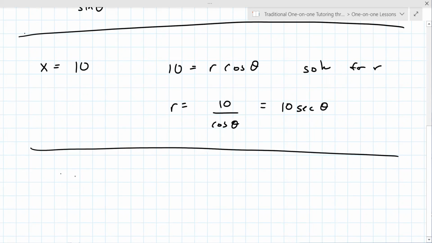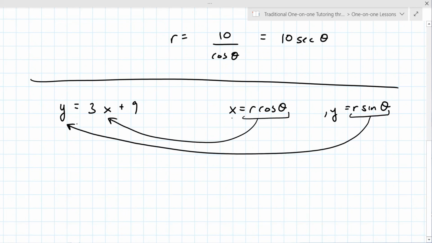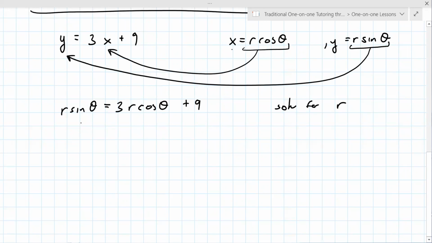Next one says f of x, or we could even write y equals 3x plus 9. And if you recall, you have x equals r cosine theta and y equals r sine theta. So the approach here is you take these and substitute them in for x and for y. Okay, so we have r sine theta equals 3 r cosine theta plus 9, and you still want to solve for r. To do that, you move this term over to the left: r sine theta minus 3r cosine theta equals 9. Factor out an r,